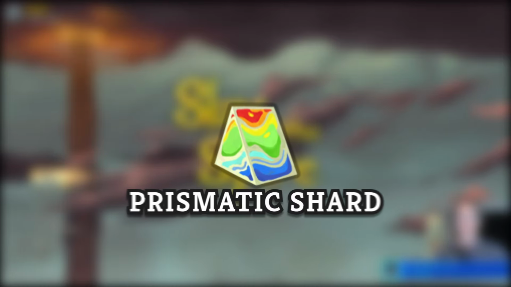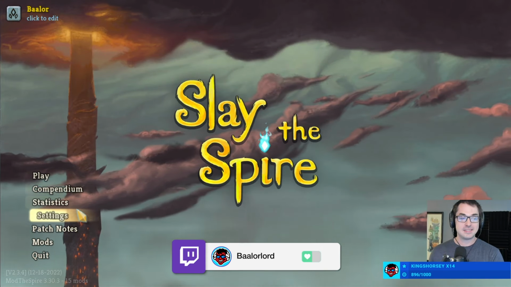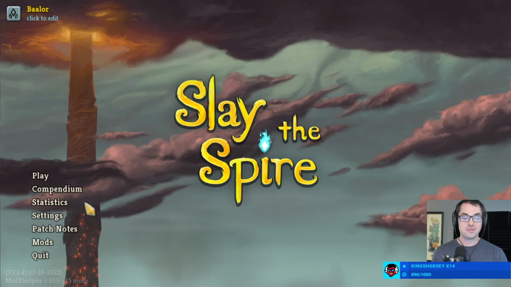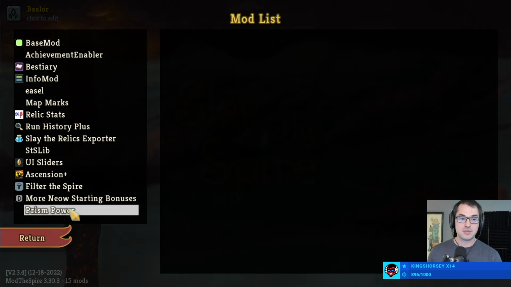For my birthday, I did some Prismatic Shard and Runic Pyramid nonsense. Where did that take me? Well, we're ascending 5 levels higher today. Our wacky Spire gameplay is going to involve starting with my favorite relic, of course, the Runic Pyramid, as mentioned, but also we're going to be starting with